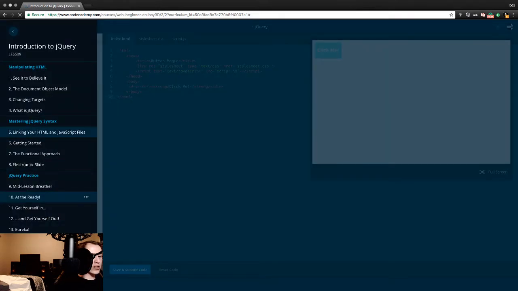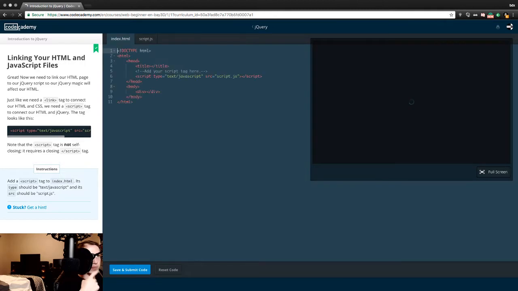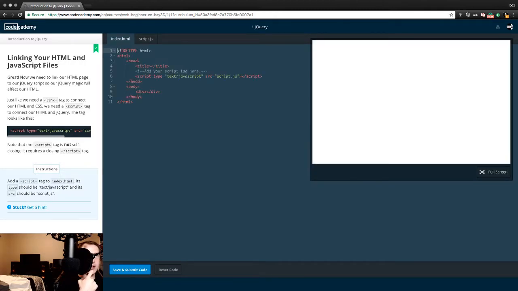Linking your stuff was 5. You were in 10. Where am I linking to? I must be missing it. Head, title, underneath title, they linked HTML to CSS, so I just dropped my script, and look, here they have double, or here I use double. Script.js? I must